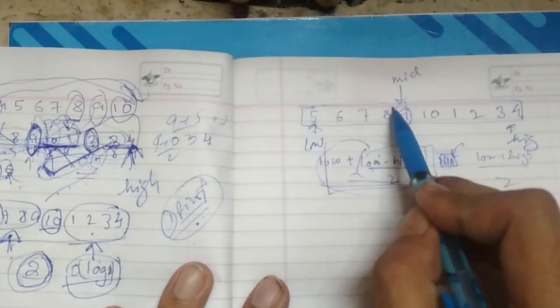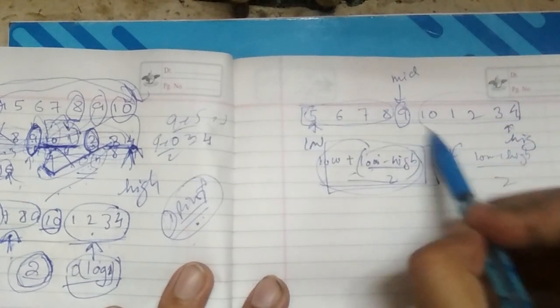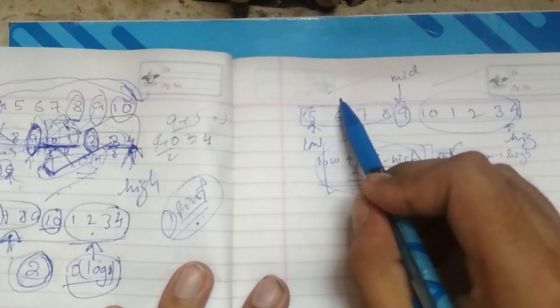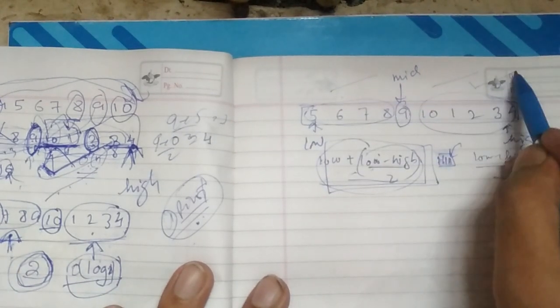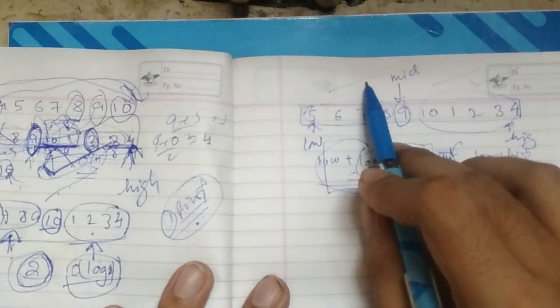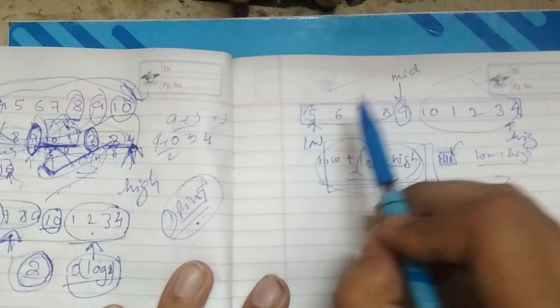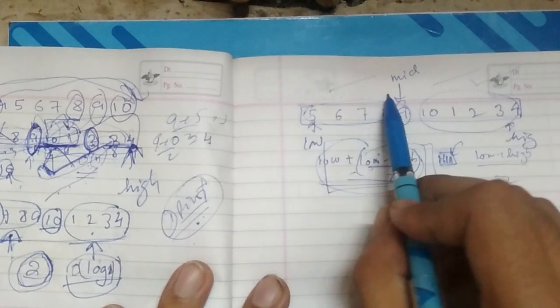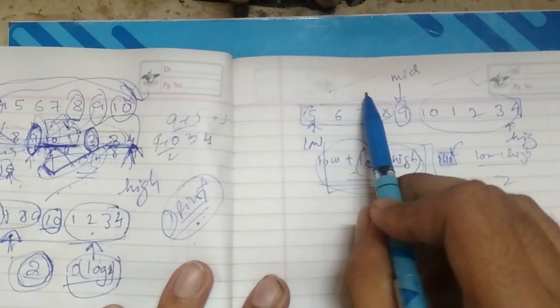Now we have this array divided into 2 sub-arrays around this middle element, and either both of them will be strictly increasing, or one will be increasing and one will be decreasing and then increasing. At least one of the 2 halves will be strictly increasing. When we find which half is strictly increasing, we check whether the target element lies in that strictly increasing range or not.